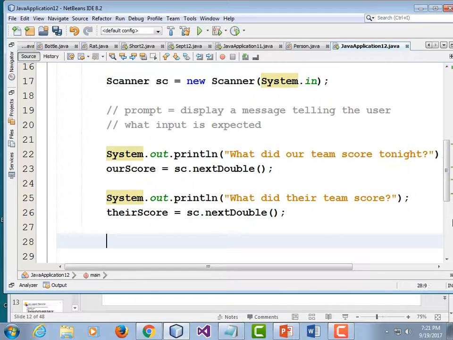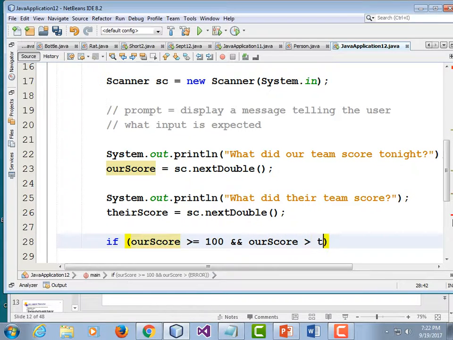So let's write an if statement. If our score, kind of regretting making it a capital S because I keep typing it without the capital S. If our score is greater than or equal to 100, and, so two ampersands, shift 7, and our score is greater than their score, I guess ties don't count,